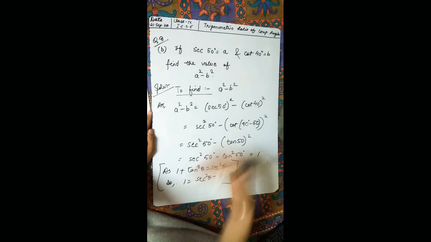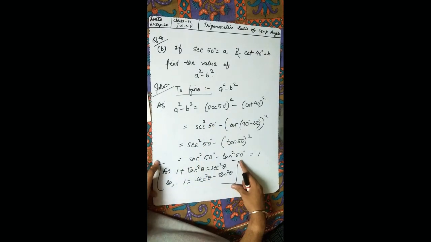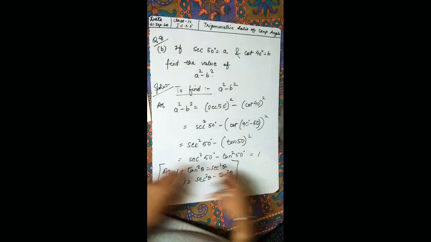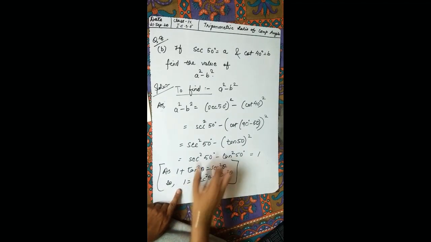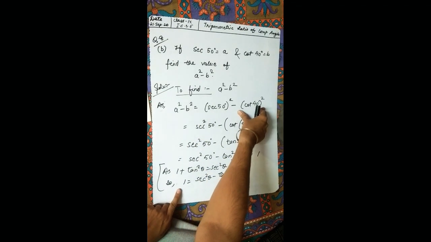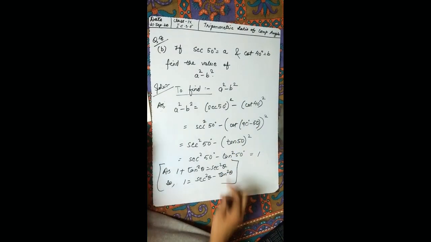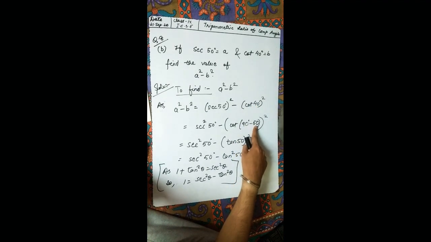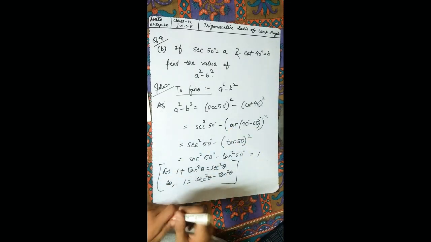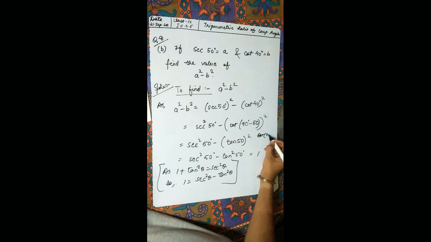Now, let me just take you here to this identity, because we are going to take the logic from this identity only to solve this question. As 1 plus tan square theta is sec square theta, taking tan square theta that side, sec square theta minus tan square theta equal to 1. But we have only sec square. We need to convert this cot into tan, which is very easy task for us. So cot 40, cot as it is, this 40 I am writing 90 minus 50. Can we write? Yes. So cot 90 minus theta is what? Tan theta. So you just mention here cot 90 minus theta is equal to tan theta.